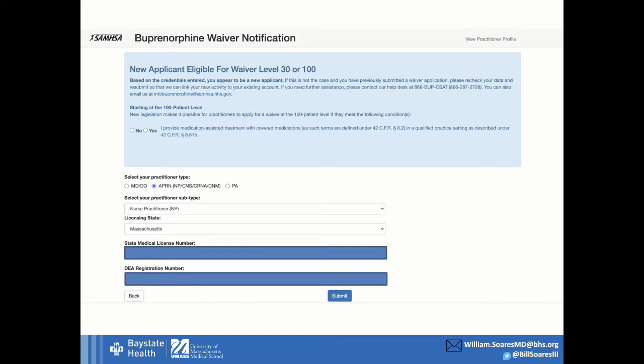So if you are in the emergency department, if you are a hospitalist, if you're writing a bridge prescription, you're going to write a one-time or a couple of time prescription, and then they're going to drop off your census. That person only counts on your census when that prescription is active. So that's an important point. Over years, you can treat more than 30 people. It's just you can only have 30 active people at a time at this introductory DEA-X waiver level.